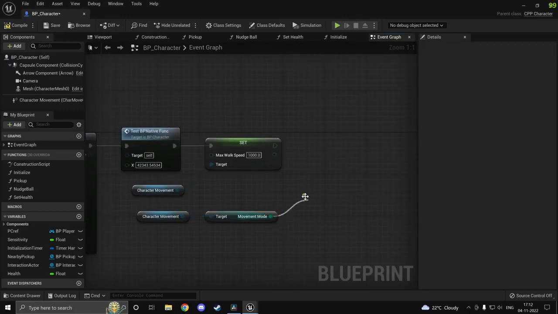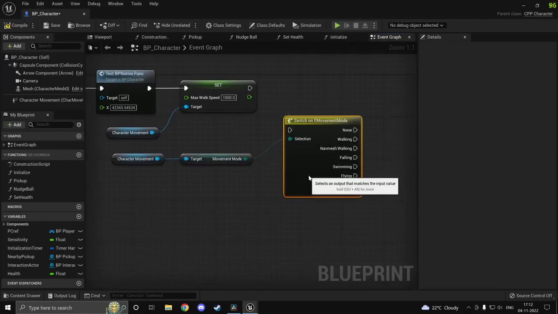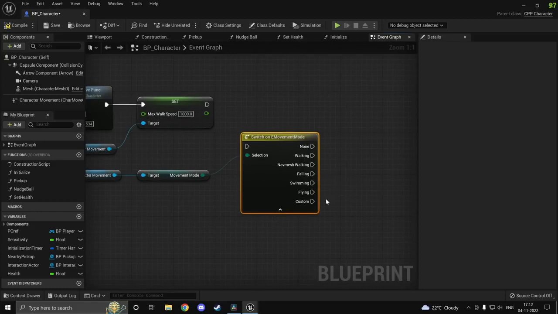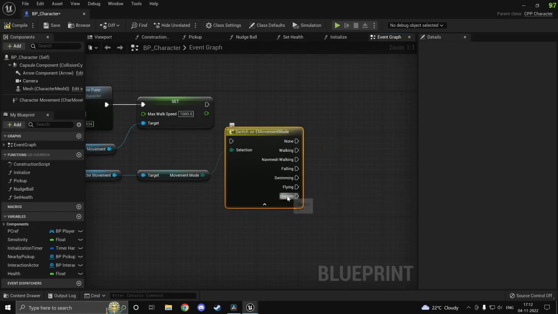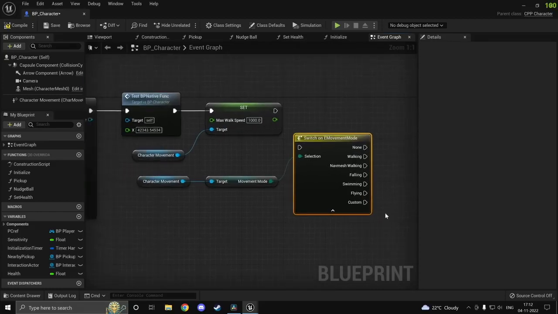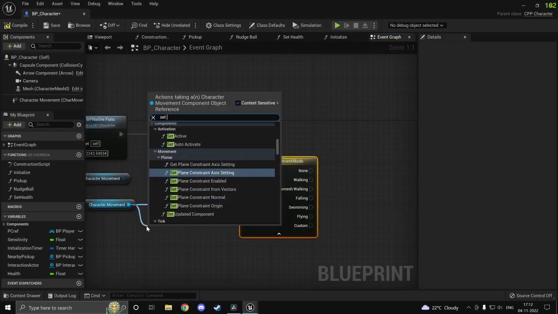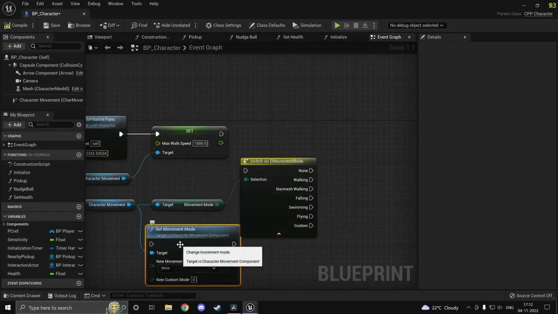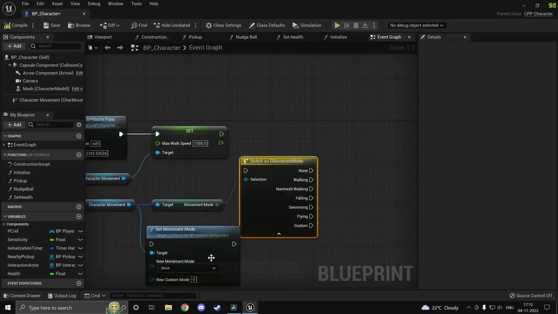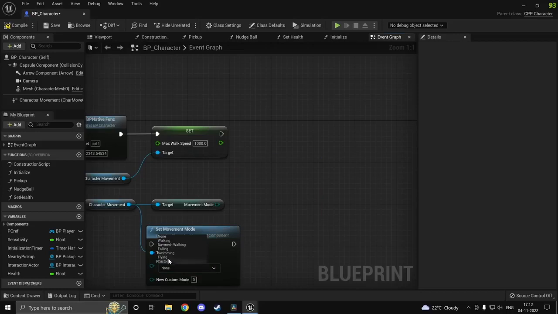We can just do a switch to see what the enumerators are here. As you can see, we have walking, nav mesh walking, which is basically for AI, falling, swimming, flying, and custom. Now there are various things you could even do with this. Apart from switching between them, you can actually set the movement mode. So for example, if I just change this to flying,